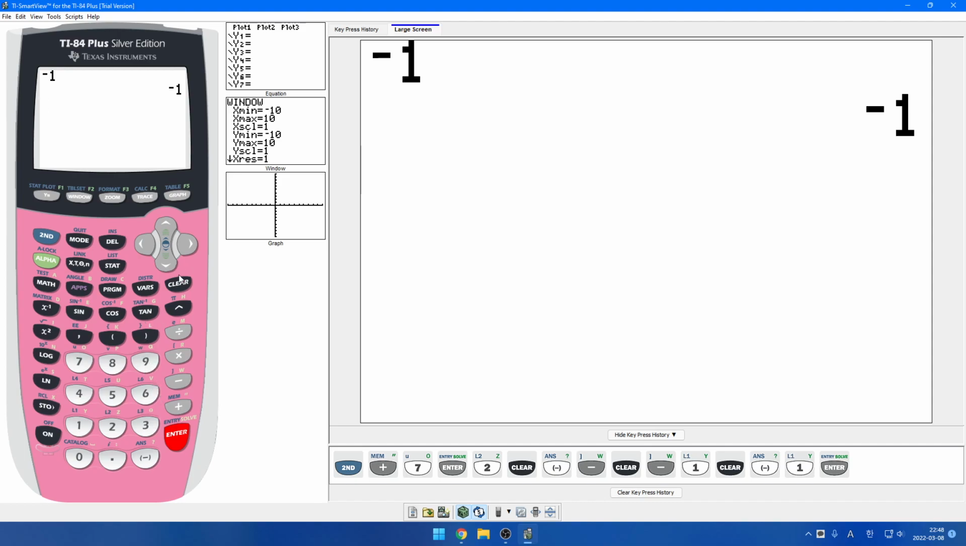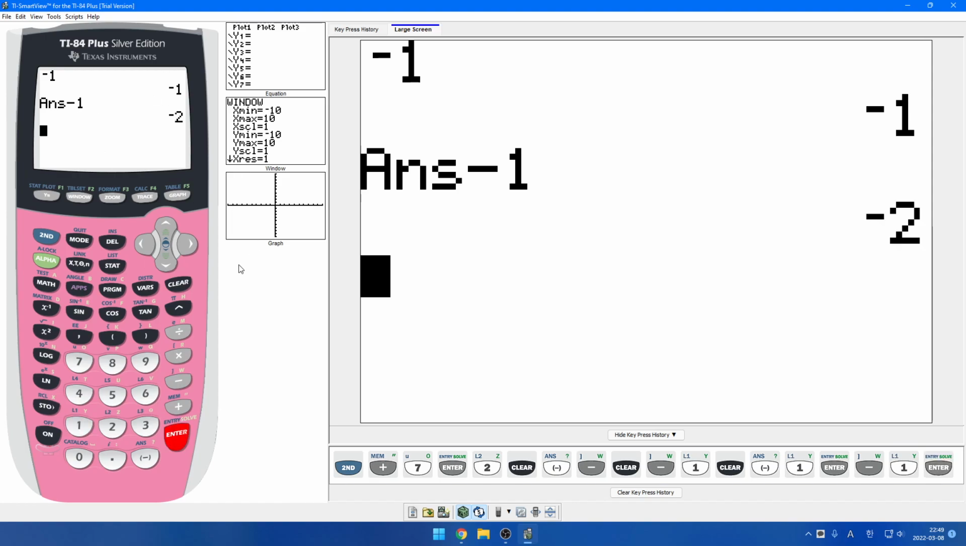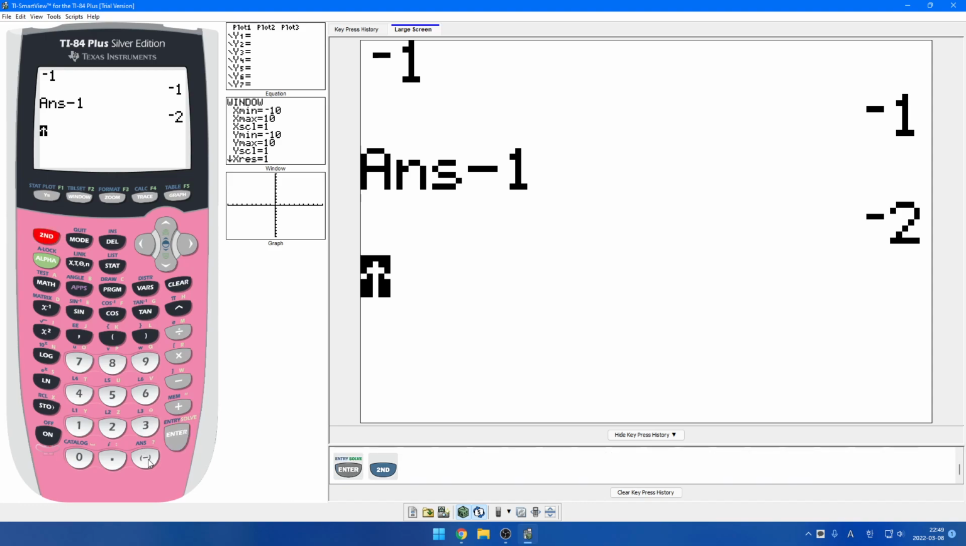And also you see the answer here. What that means is that it is going to use a previous answer as an input. So here, if I put answer -1, it's going to go -1 minus 1, so it's going to give you -2. You can manually use the second answer here to use it. For example, if I want to do 1 divided by answer, I can do 1 divided by second answer,